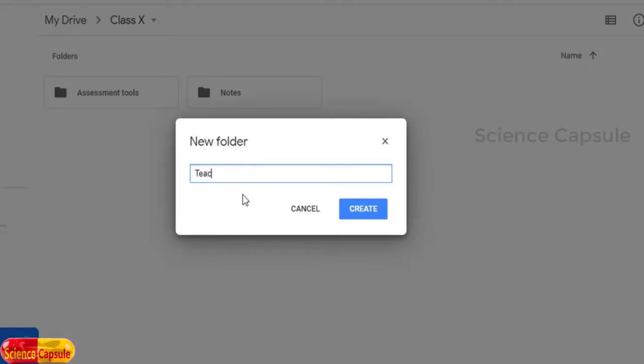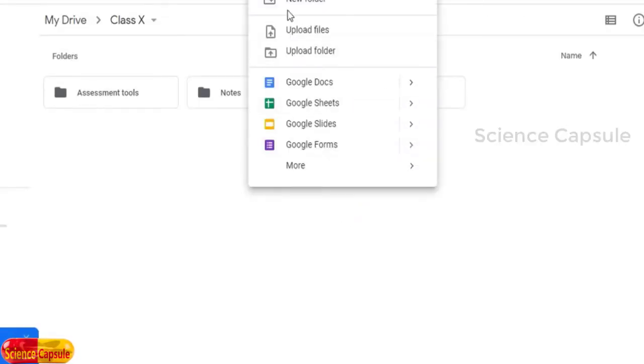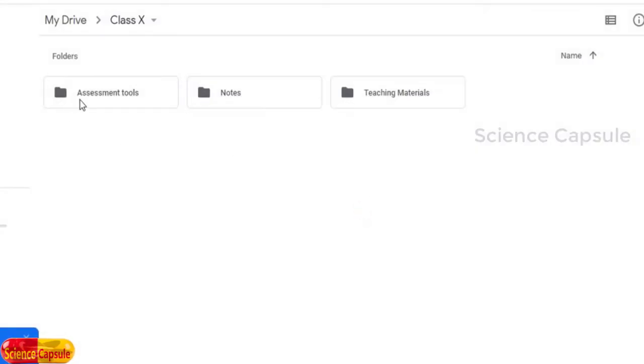Here I create another folder, namely teaching material or learning material. You can write as per your convenience. Then you may conduct various activities in your classes, right? Related to activities, you may have some pictures, videos, many more things. So primarily I have created 4 different folders so that you can organize the content in a good manner.